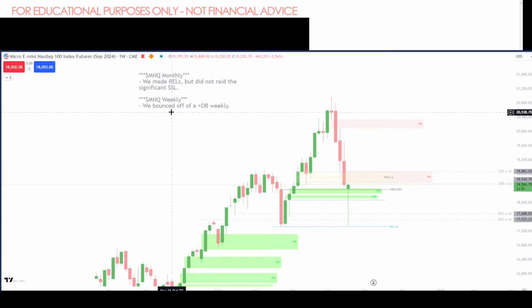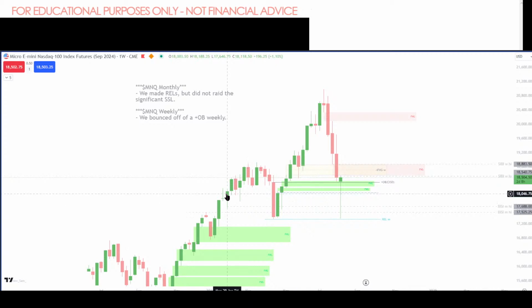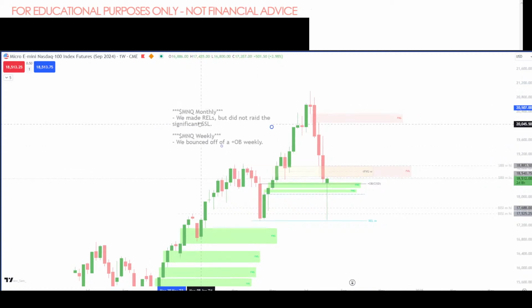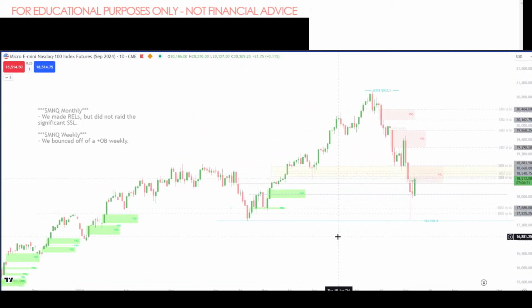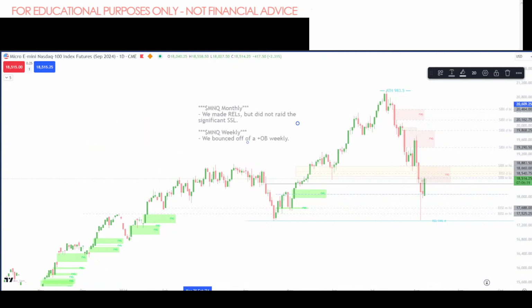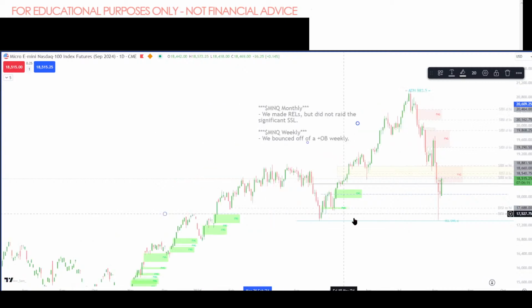I'm ready to go down to, the other thing we could look at is maybe this is a high and a low and a higher high. We didn't make a lower low, so if we go higher, does that become a bullish breaker? I guess we'll have to see that when we get there, because that could be several more weeks. I'm not going to imagine what that could be yet. All right, so how does that look on the weekly? Not great.